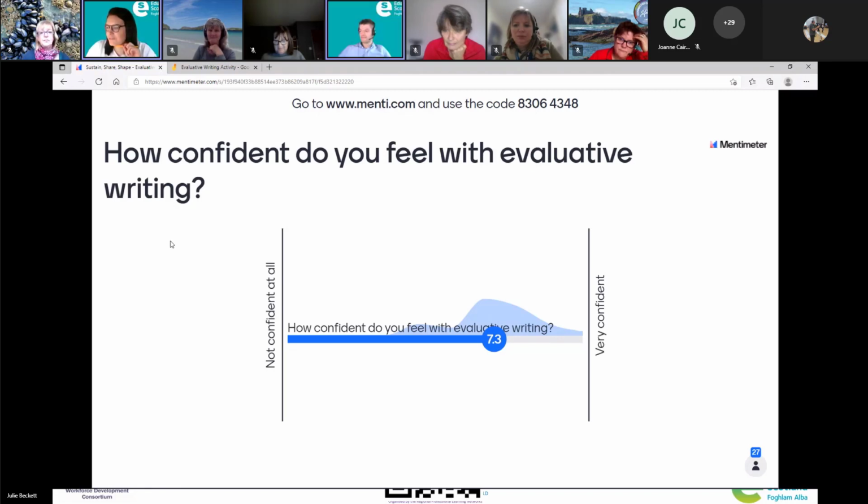It's great to see that bigger blue wave of people voting a bit higher up than the 5 that we started at. So that's good. Hopefully this is going to hit the mark. And again, being a virtual presentation, for some people it might be that you need to read over the information we've provided and digest it a little bit more, and after the session you can share that alongside all the resources we've talked about. That'll help anybody who feels like they've only learned a little bit grow their confidence, because it's confidence building, and some of it's about reading the information again, and some of it's about practicing it day to day.